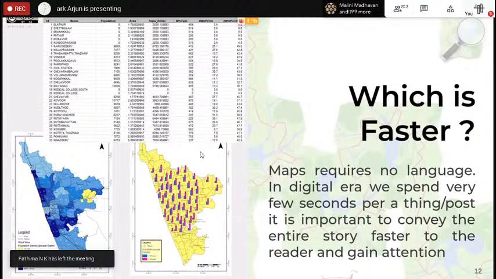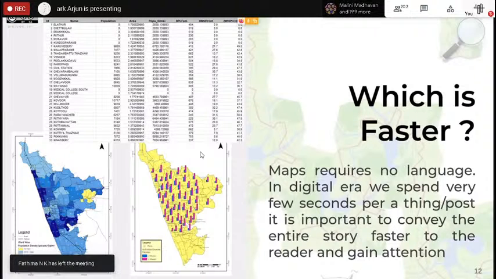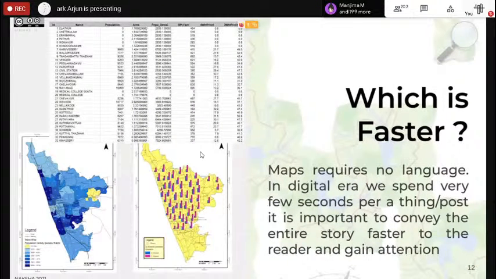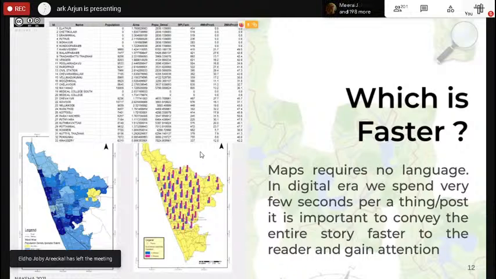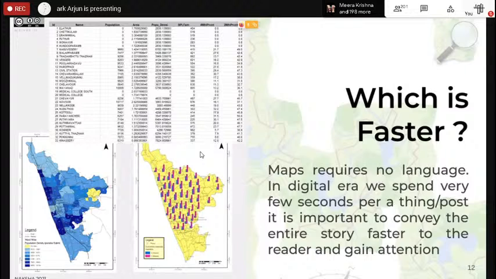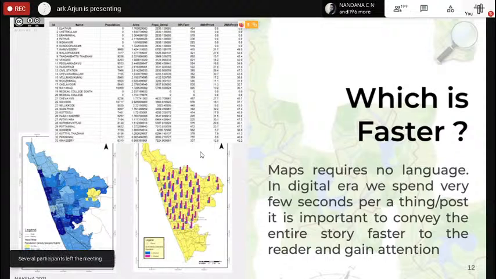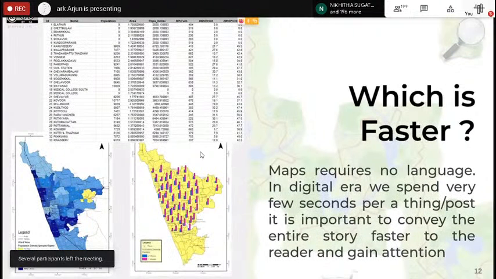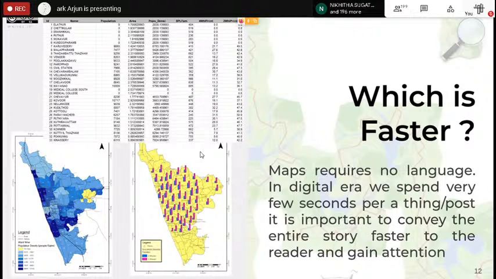So which is faster? This is a table. The table above shows you the population, the area, the density of population, BPL family count, the vehicle information of those families in local ward bound under different wards of a district in Kerala. So which is easier to understand? The same information is distributed in two different maps. So isn't it faster to understand